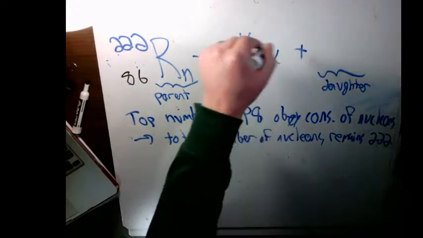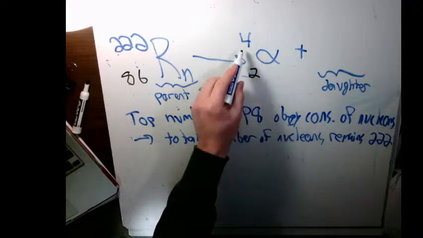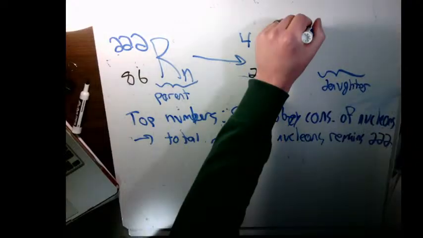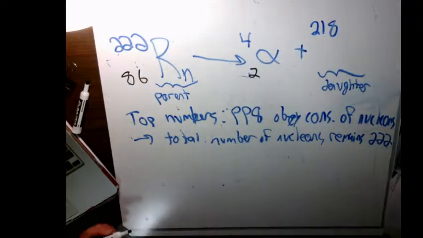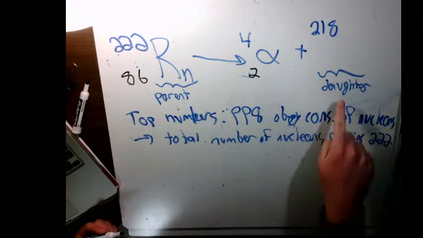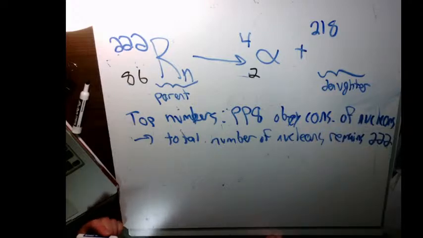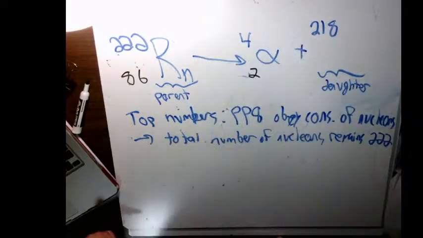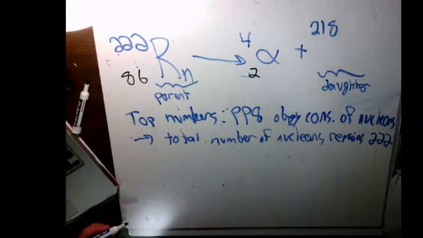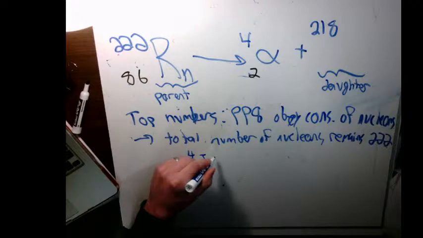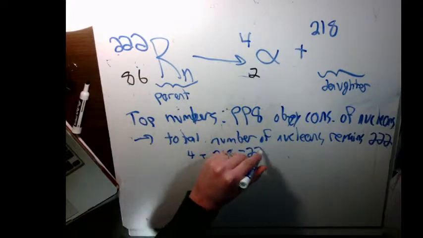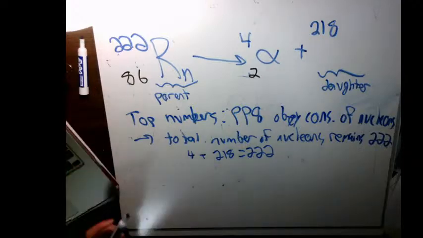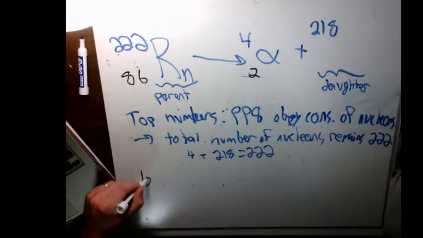So we know we have 4 nucleons from our alpha particle, and we're going to need to have 218 from our daughter nucleus here. So, right, 4 plus 218 is equal to 222. All right, that's our conservation of nucleons. Then with the bottom number,